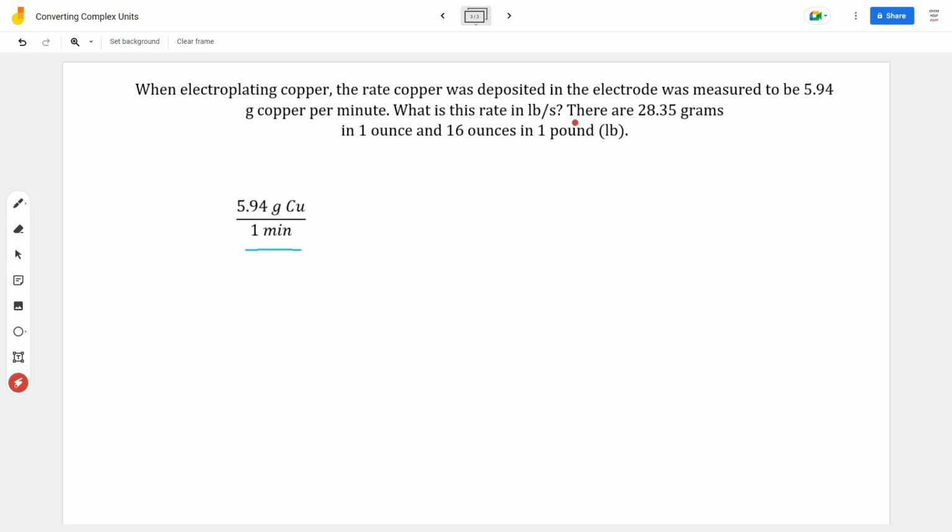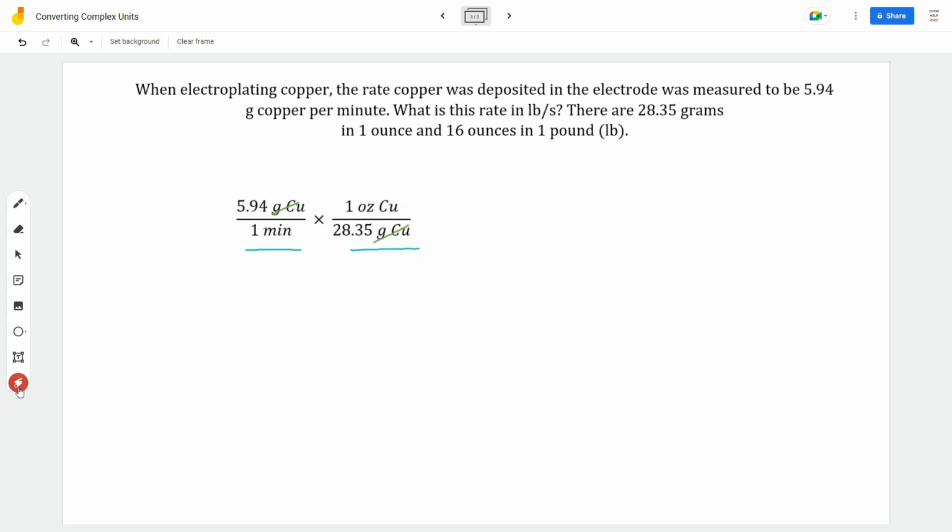I'm going to use the problem's conversion factor here, that there are 28.35 grams in 1 ounce. So here is my conversion factor. Of course, I'm going to set it up so my grams of copper cancel and I'm left with ounces of copper. Okay, so now that I have ounces of copper, of course I want to go to pounds,